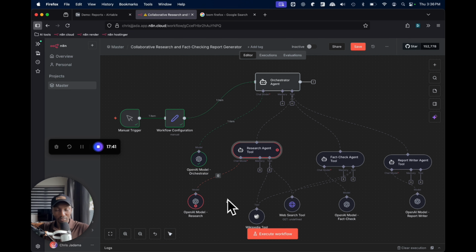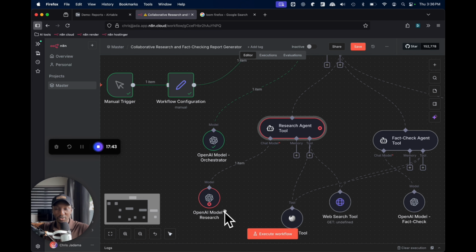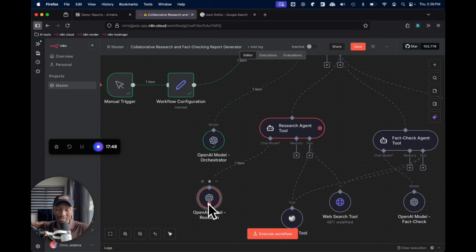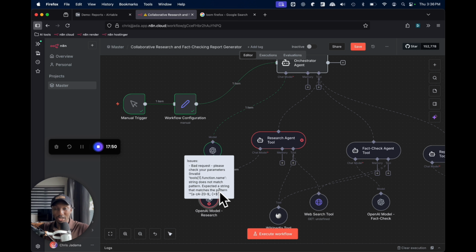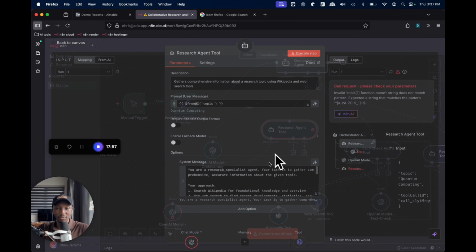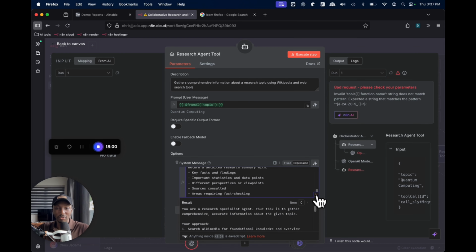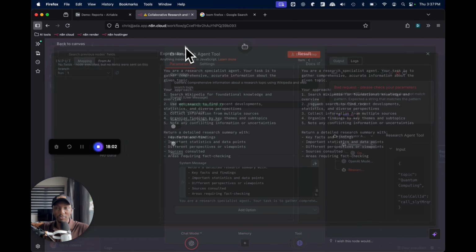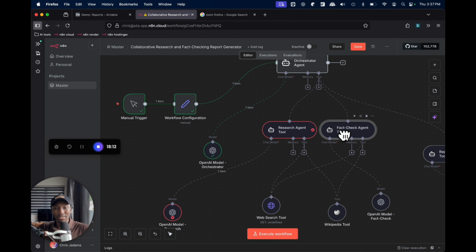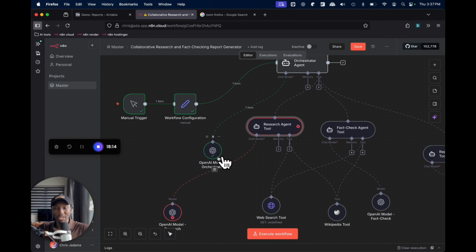So at least what I've noticed is making sure that the brain you have is a good model. First of all, that is so important. If you have a bad model, it's just going to be even more stressful. But let's say you have a good model like Sonnet 4.5. Then the next thing is making sure that the system message is so good that the AI agent will follow your instructions to a T. Because if it doesn't, you're just going to be burning credits and it's never going to follow what you're asking it. So that's where the bottleneck really is going to be